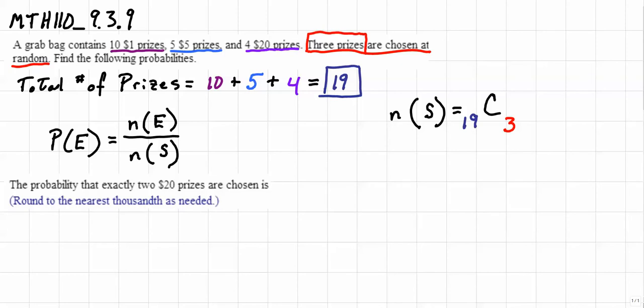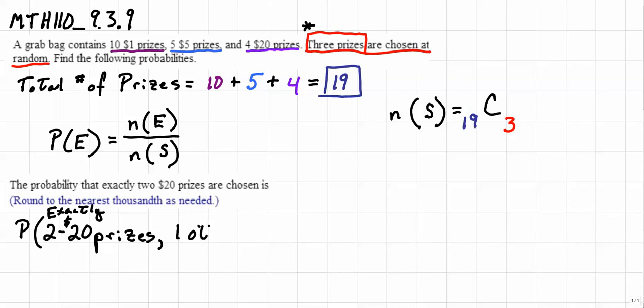The probability that exactly 2 $20 prizes are chosen is, let's write this out so that we understand it in terms of the question. The probability that we choose 2 $20 prizes, but what does that really mean? And we're talking exactly. So that means if there are more than 2 $20 prizes in the pot, those cannot be chosen. But if we draw 2 prizes, remember that there are 3 total prizes that will be chosen. So that means we will choose one other prize,